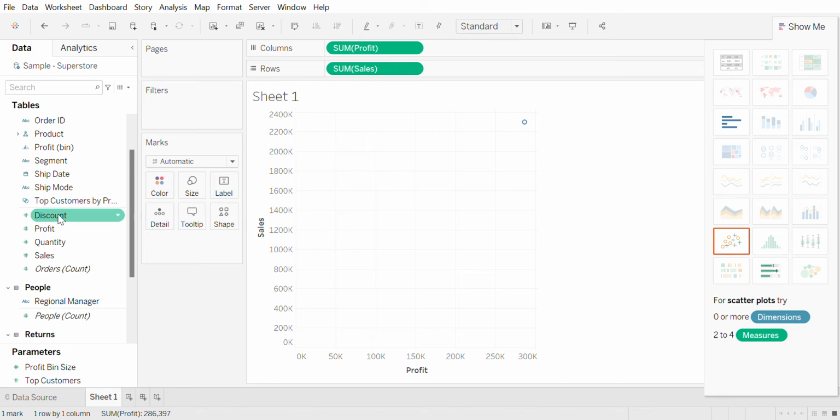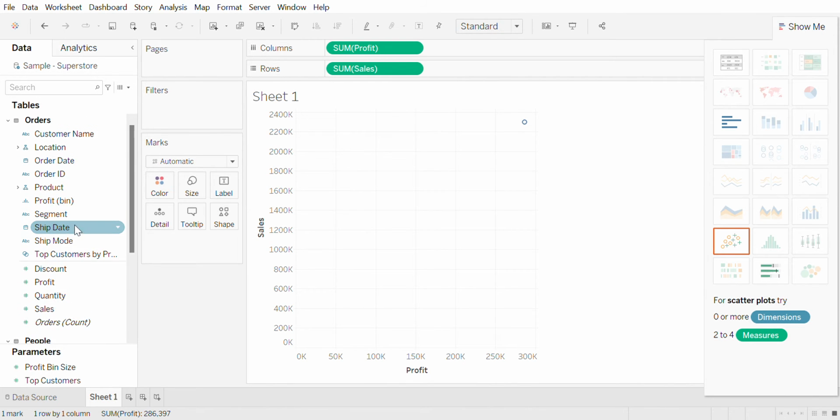There are several options. Now, since it's for the customer, we need something which specifies the customer. I have customer name, which just gives details about the customer. For instance, if the person is XYZ, it just says the person is XYZ. It's a detail which indicates a particular person. So you can just drag and drop it onto the detail thing. Hover over it, and it just gets grayed in color.